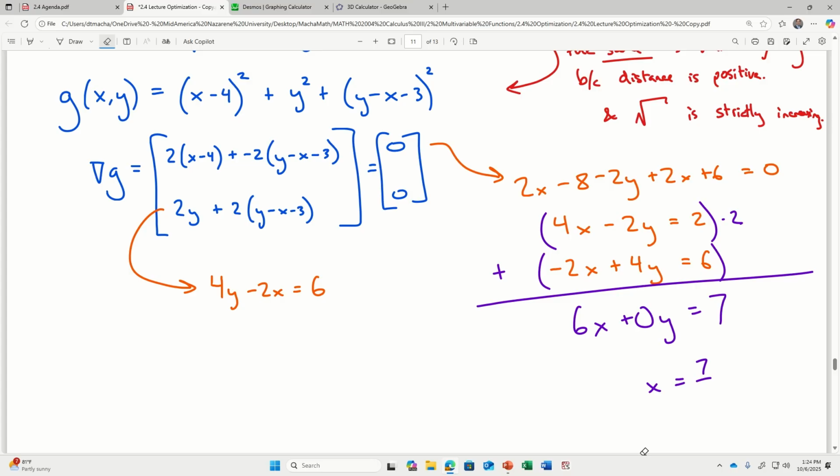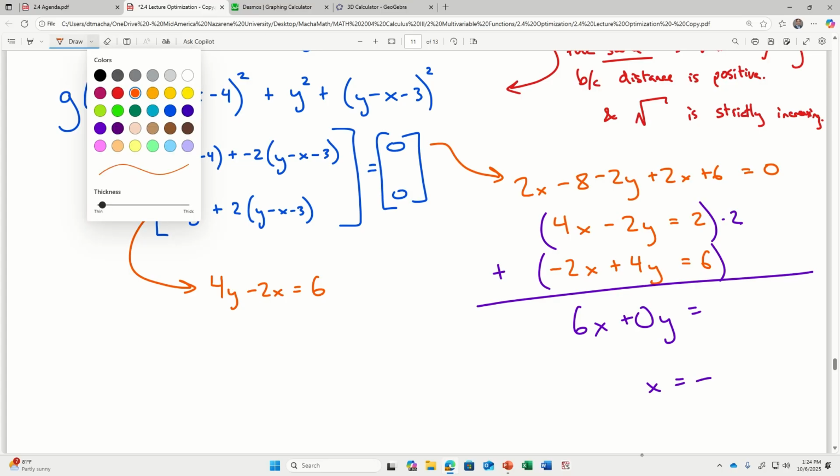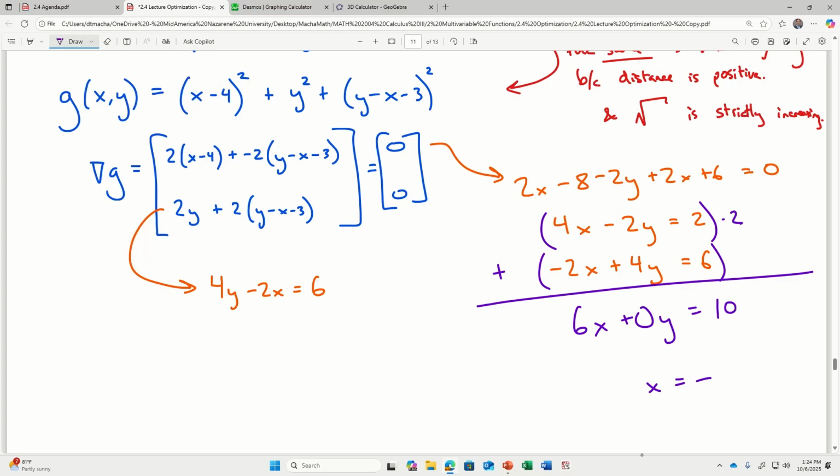So what is that really? It's 4 plus 6 is 10. And x is equal to 10 over 6. Is that correct now? And then if x is equal to 5/3,